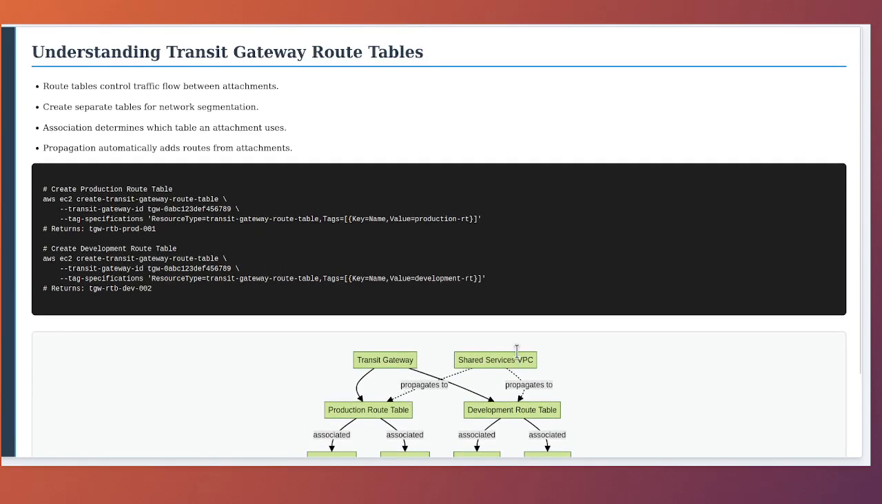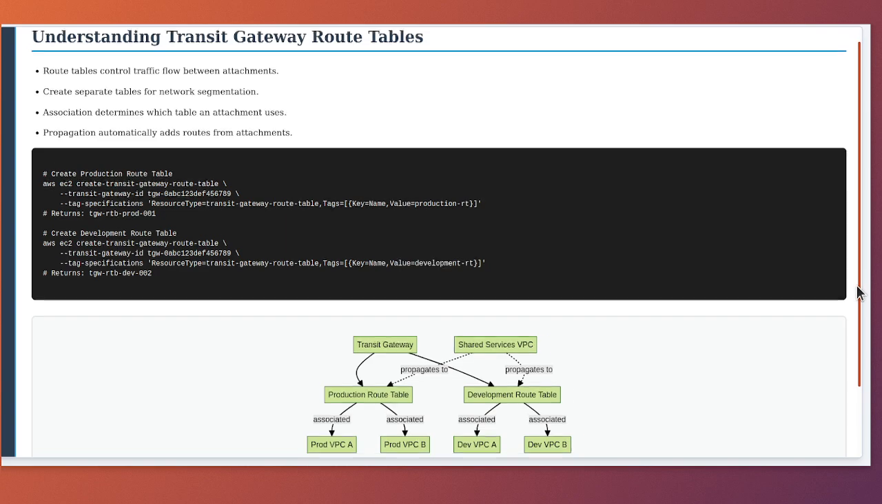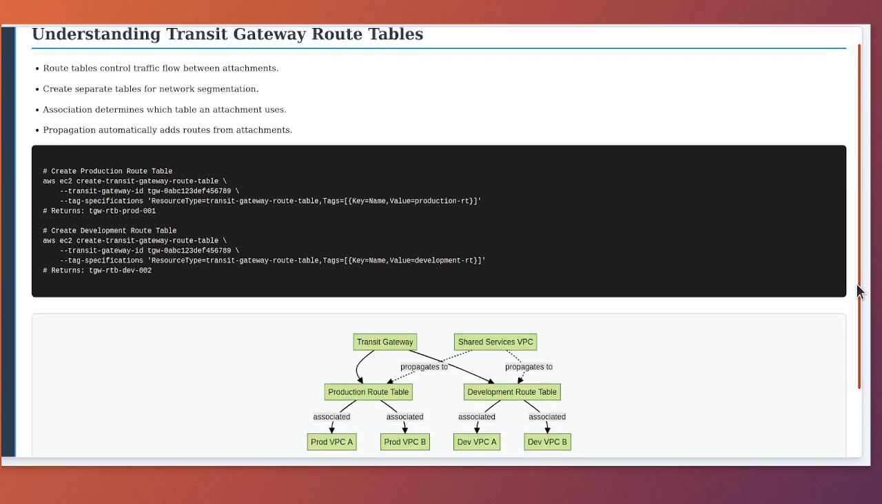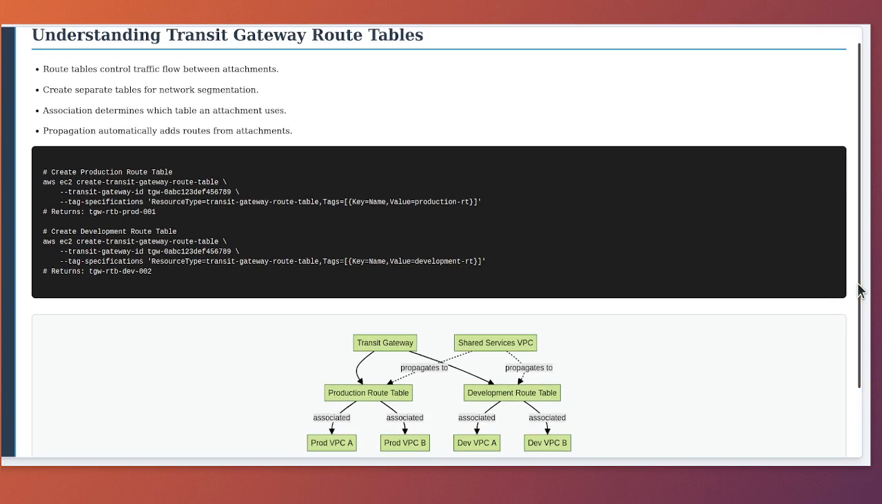Route tables are the heart of transit gateway routing logic. They determine how traffic flows between the various attachments connected to your transit gateway. Understanding route tables is essential for building secure and efficient network architectures. Every transit gateway has at least one route table, which is the default route table created automatically. However, for more sophisticated routing requirements such as network segmentation or hub and spoke isolation, you will want to create